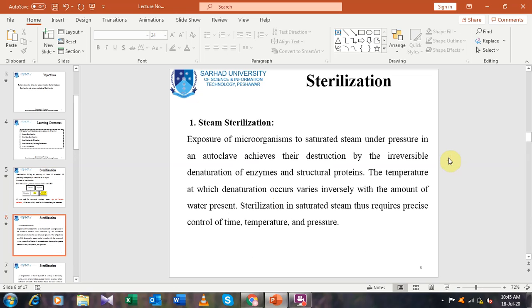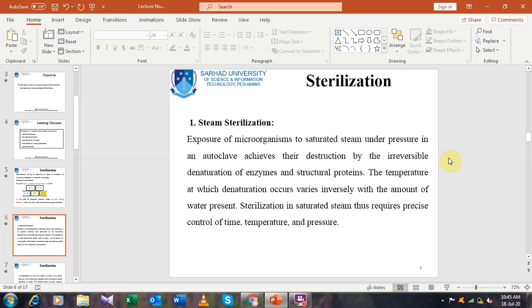Steam sterilization, or moist heat sterilization, means exposure of microorganisms to saturated steam under pressure in an autoclave, which achieves their destruction by irreversible denaturation of enzymes and structural proteins. Structural proteins and enzymes are denatured by using saturated steam, but remember that the steam is under pressure, and